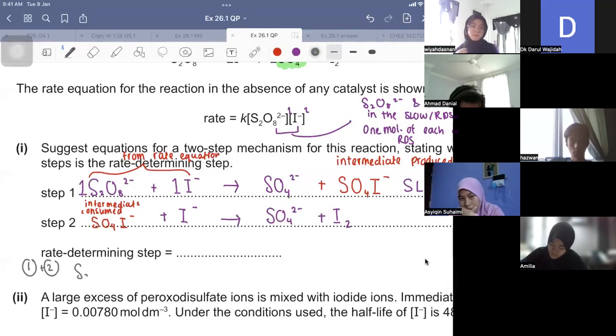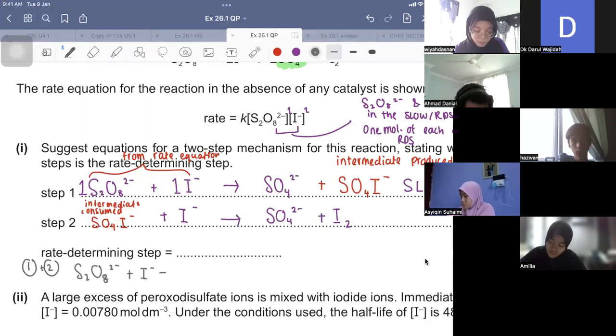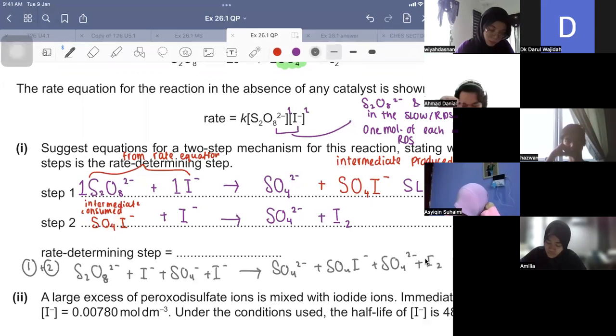Okay, so for those of you who cannot see it, you can do this, write it all down. For those of you who can see, the SO4 minus will cancel out. So S2O8 2 minus plus iodide plus SO4 minus plus iodide to form SO4 2 minus plus SO4I minus plus SO4 2 minus plus I2. Okay, and then you cancel out your